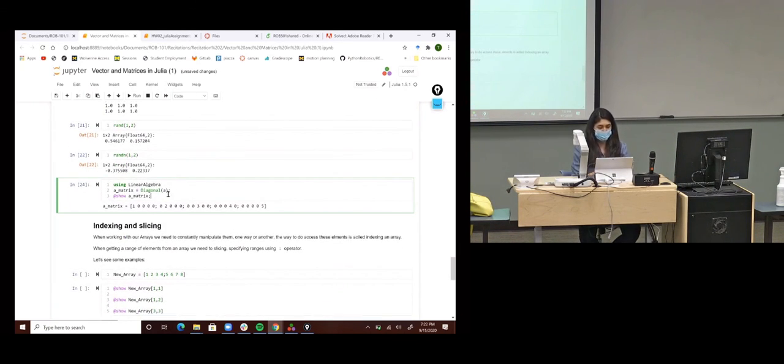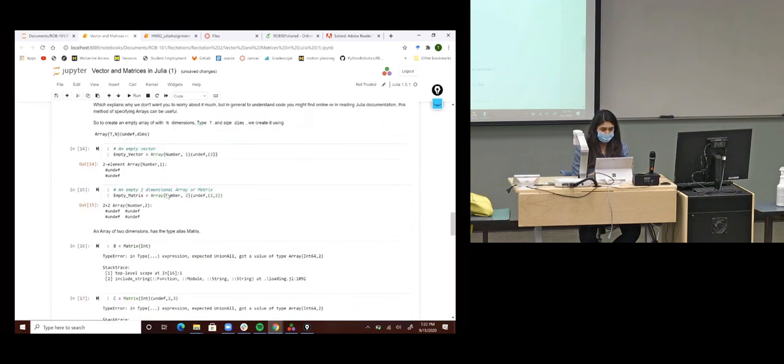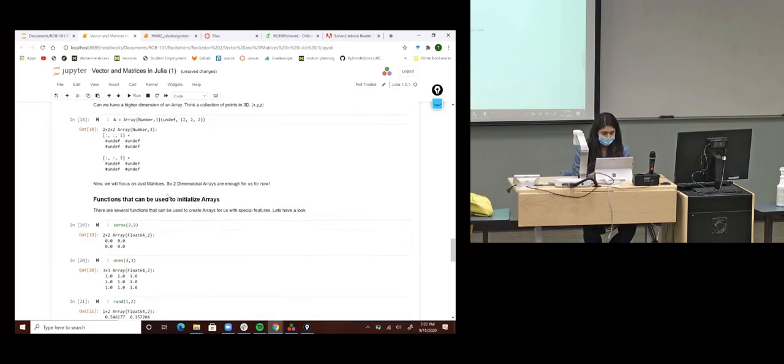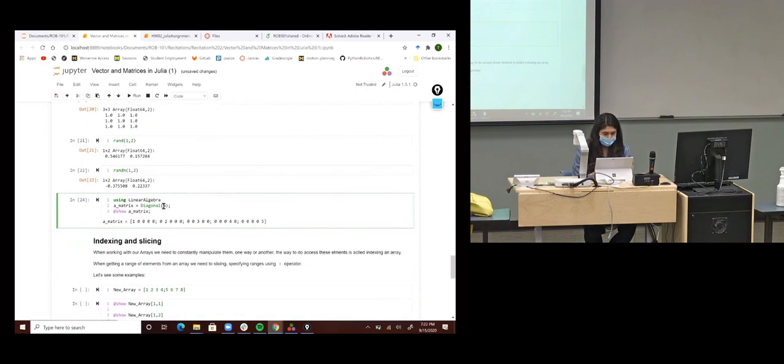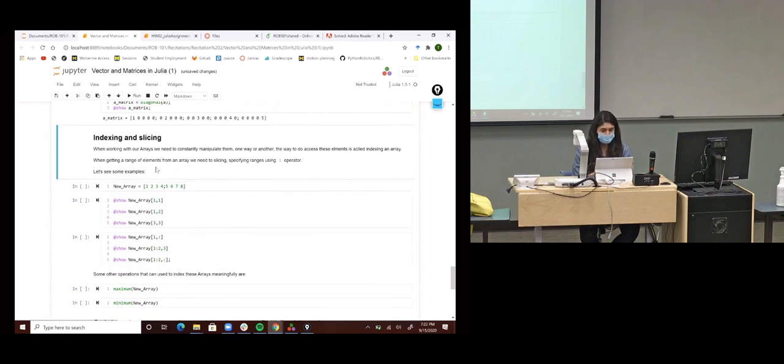Similarly, you can build a matrix from that array A, which was 1, 2, 3, 4, 5, the vector that we built. If you pass it to Diagonal, it will make a matrix such that the diagonal elements of that matrix are the elements of that vector. Next thing is indexing and slicing. So let's say I make an